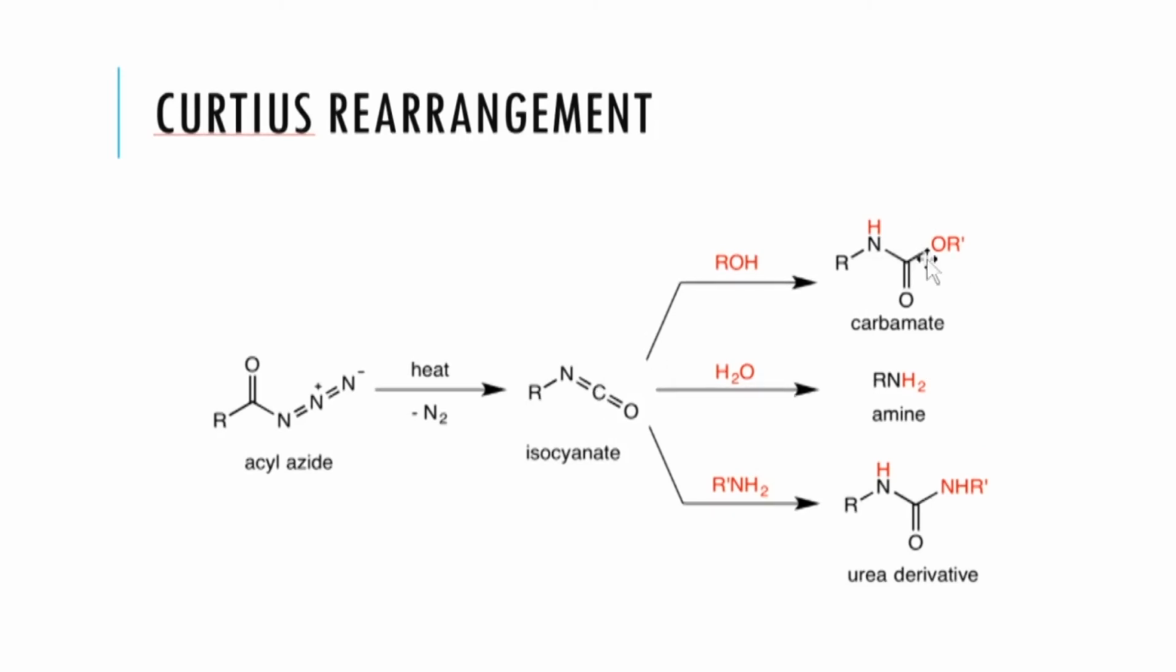This carbon is now bound to this oxygen here. If it reacts with water, it can get hydrolyzed to form an amine. And if it reacts with an amine, then it can form what is known as a urea. Urea is basically C double bond O flanked by two nitrogens. Okay, so therefore this Curtius rearrangement is a very powerful way for you to convert carbonyl compounds into multiple derivatives